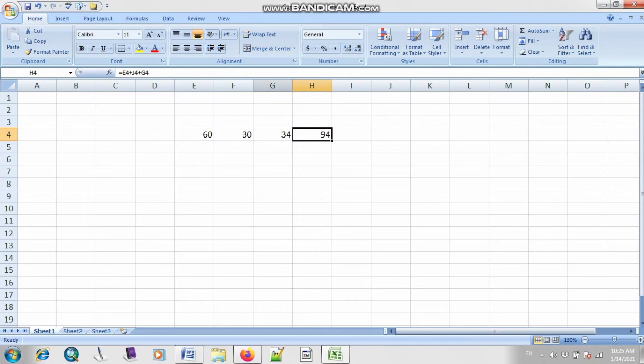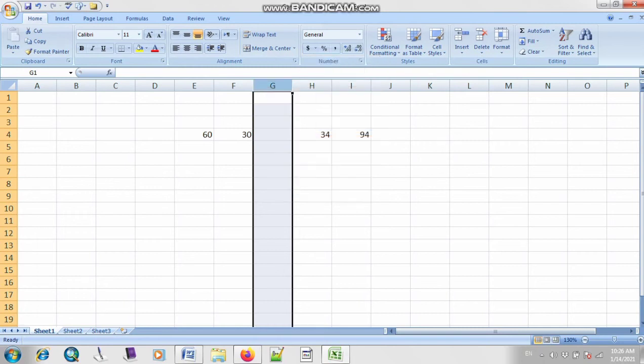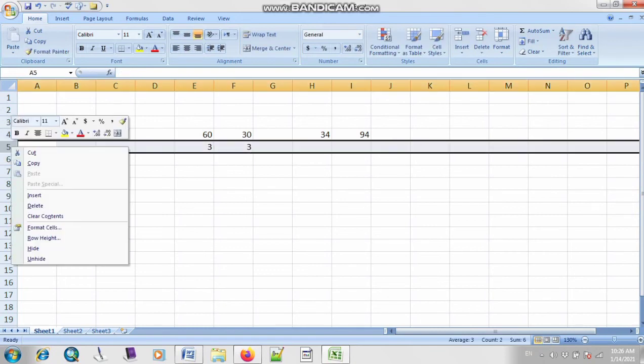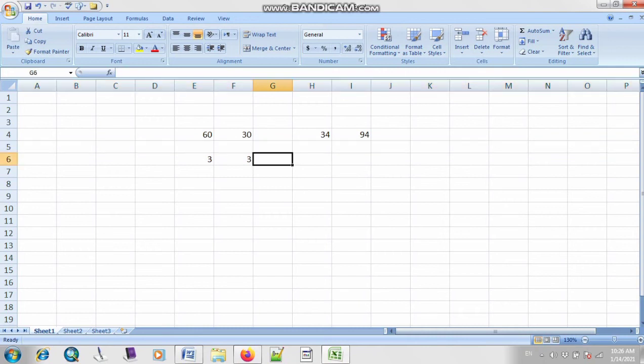I will click on this option of add column. I will right click. As you can see, the option of insert. I will click on this option and as you can see, the column is automatically inserted. Okay. Similarly, if you want to add a new row, let me type some data here and I want to add a new row. I will click on this option of insert and as you can see, automatically a new row will be inserted.